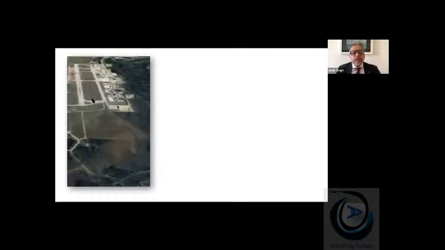Now comes Fort McMurray. This is a Boeing 737 Canadian. The captain had been to the airport a number of times. And this picture on the left is the mental image he had. We have the runway and a taxiway on the right. So this is what the pilot had in mind.